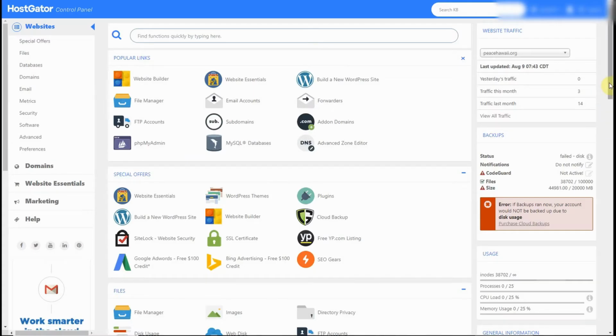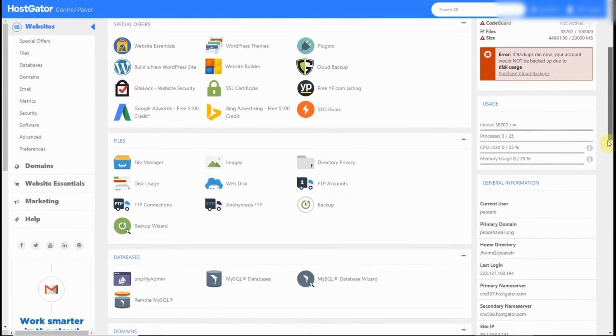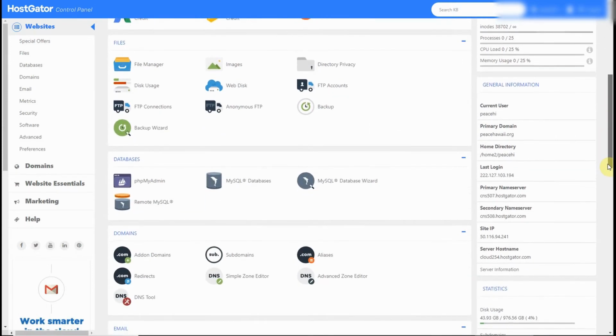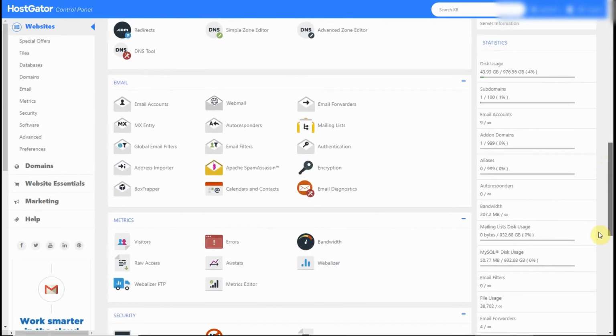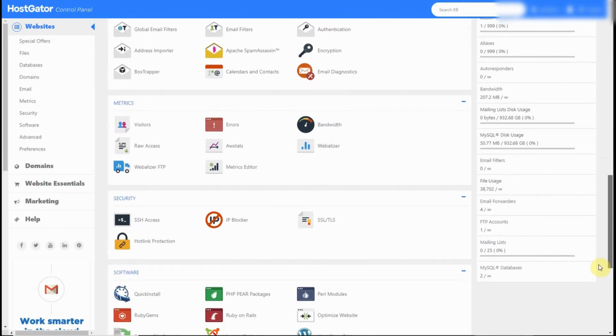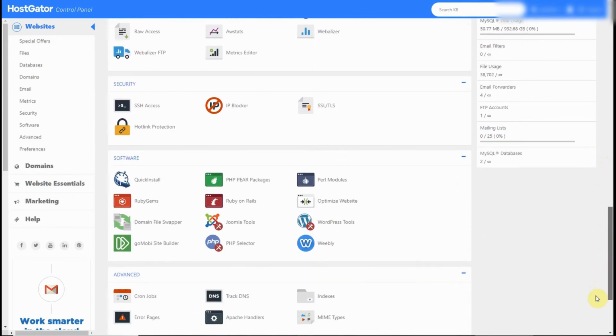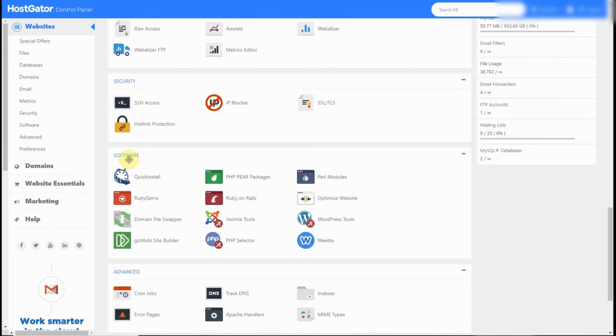Okay, once we're in the cPanel, scroll down. What we are looking for is the PHP selector. I believe in Hostgator cPanel it's under software. So keep going down, and here we are, software. There it is, PHP selector. Click on that link